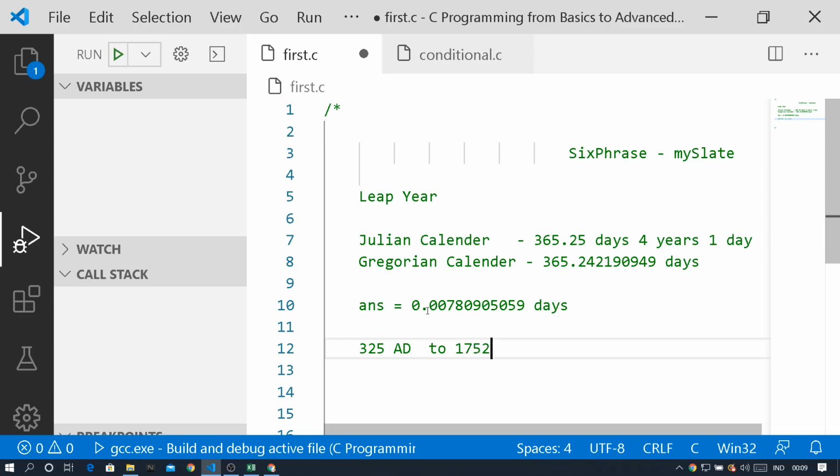1752 AD. So how many years were they using it? Subtract both these years. When you subtract, you will get 1427. So for 1427 years they were using this Julian calendar, by which what they have done is,